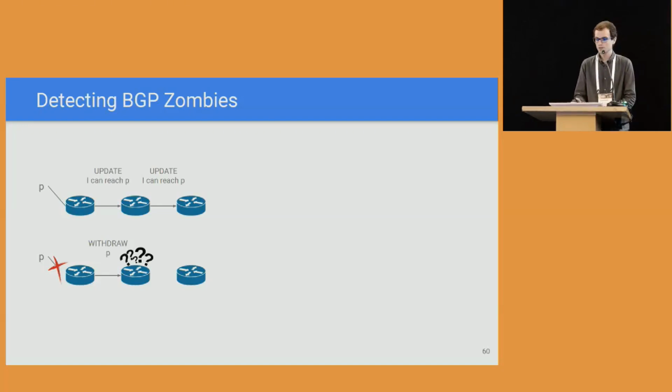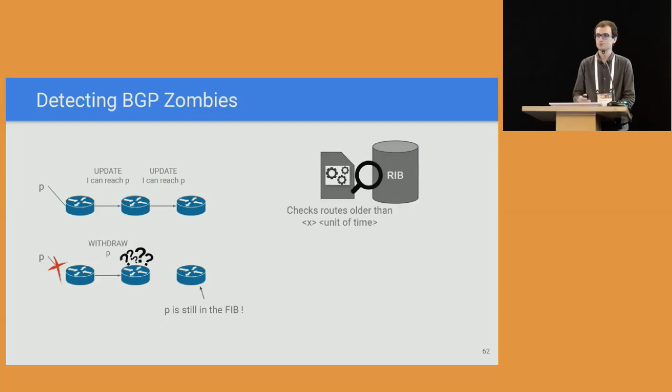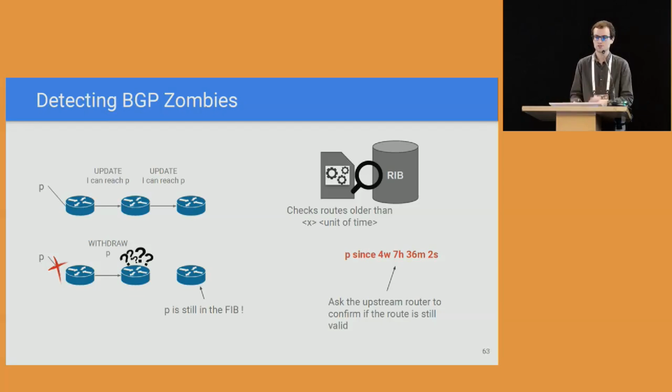But with xBGP, you can actually add a new plugin that will check the routing table each night, for example, and if the route is in the routing table older than a unit of time, so maybe for example 4 weeks, then you can ask your upstream routers to confirm if the route is still valid, and if it is still valid, then the router will make the corresponding exchange of messages to say, okay,